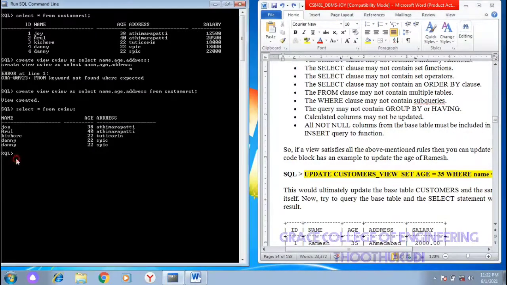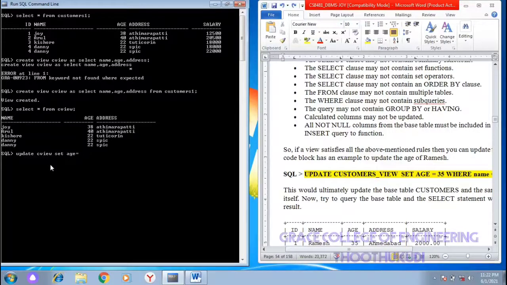First we'll see how to update records in a view. The same update command is used in a view also. In the above view, I am going to update the age of Kishore from 22 to 20.